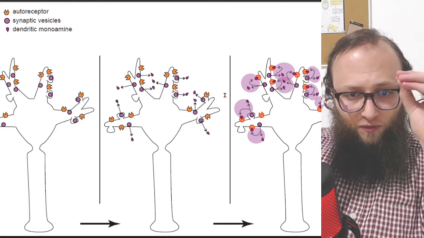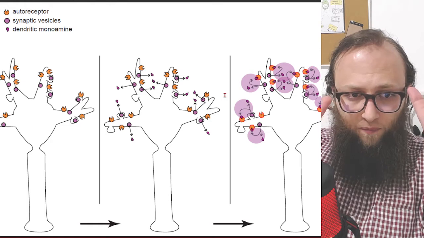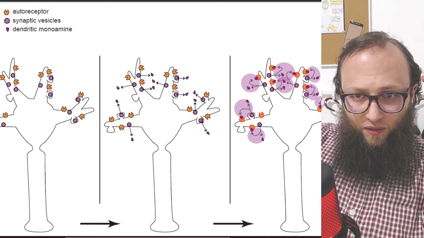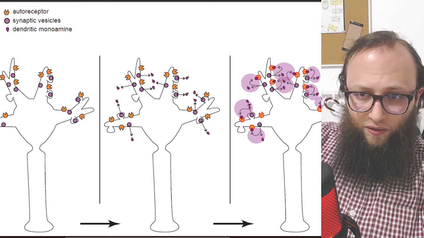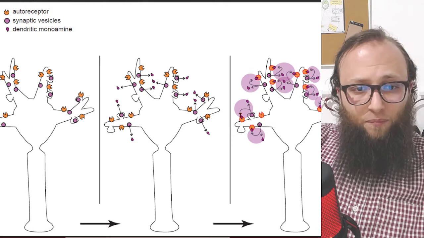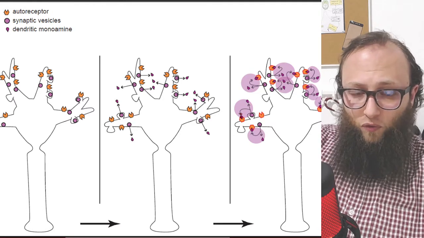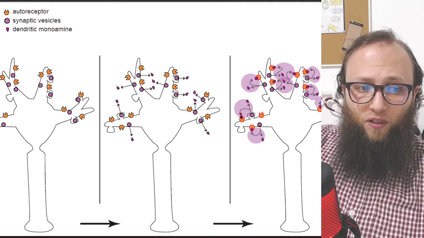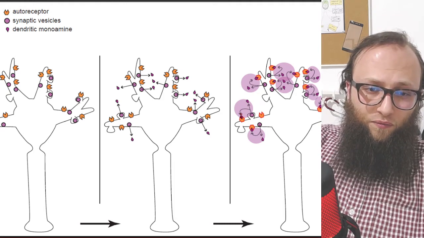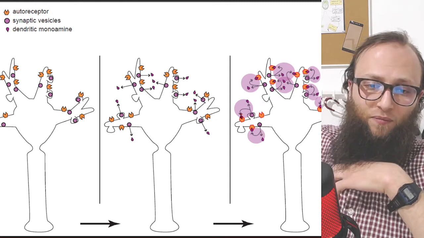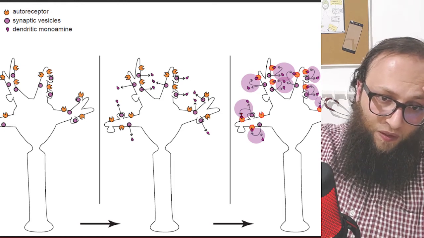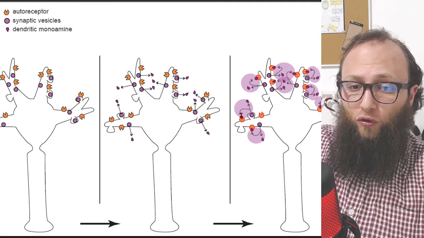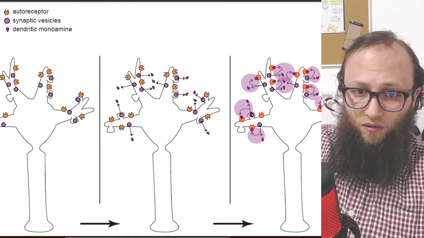Monoamines are released from the dendrites of this neuron, of course at the top, and then as you can see here, they are released, and then they can bind to these autoreceptors and inhibit neuronal impulse flow. This action occurs due to volume neurotransmission, of course, because there is no synapse between these